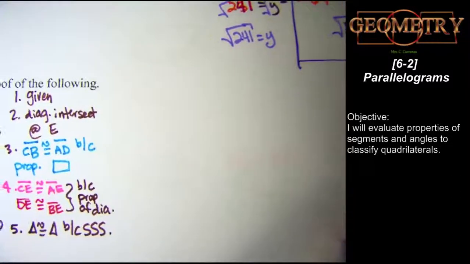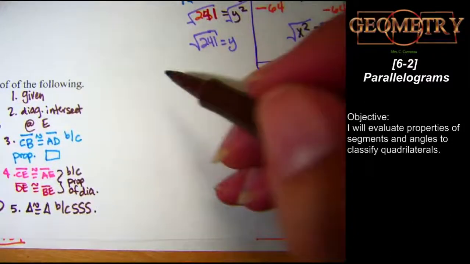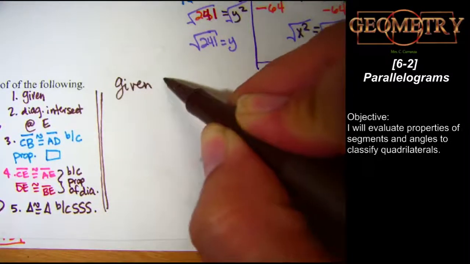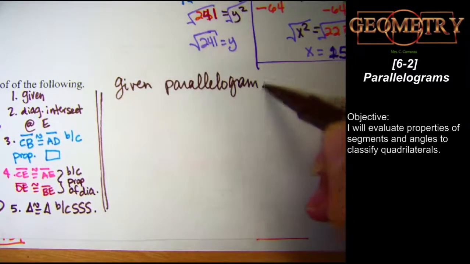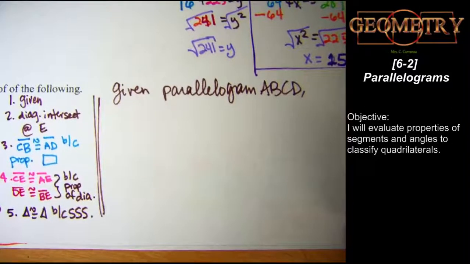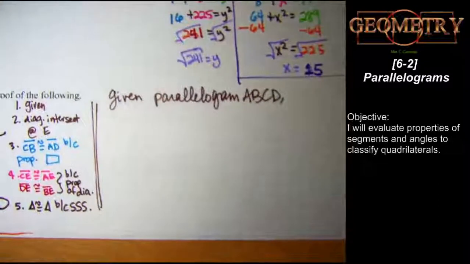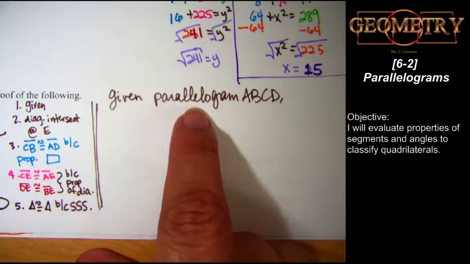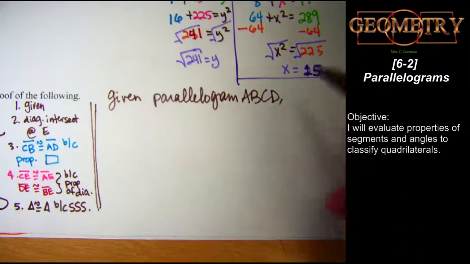Okay. I'm just going to write based off of these 5 things, and I'm going to zoom out a little bit. Okay, so I'm going to start with the given. We were given a parallelogram. Okay, so given parallelogram ABCD. Wait, can we not write symbols? Yeah, we can't write symbols in a paragraph proof. I mean, we're going to be able to do it when we get to these, but we shouldn't on this so much. Okay, given parallelogram ABCD,